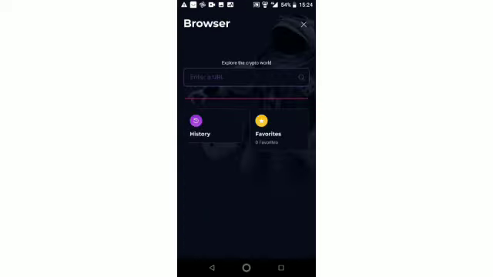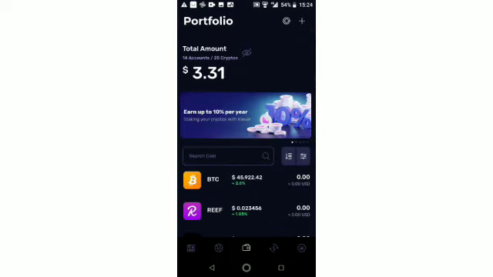So when we go, let's go back. This is browser. So my portfolio is here. I have to update it. It has to change into UGX from dollars. Yes, it's here. So that means my portfolio has now changed into Ugandan shillings. That is 11,600. So ladies and gentlemen, that is a brief overview of how